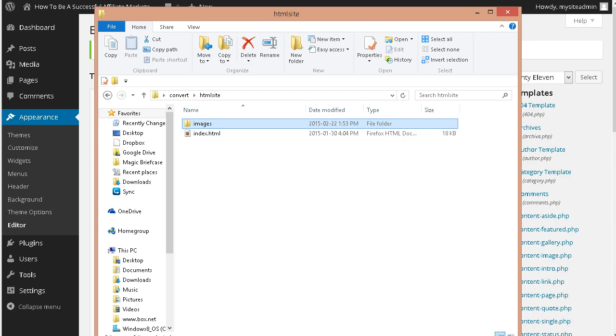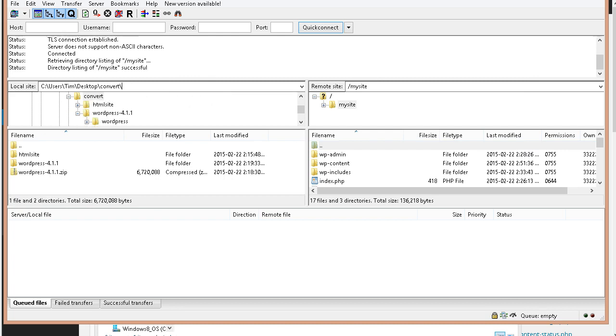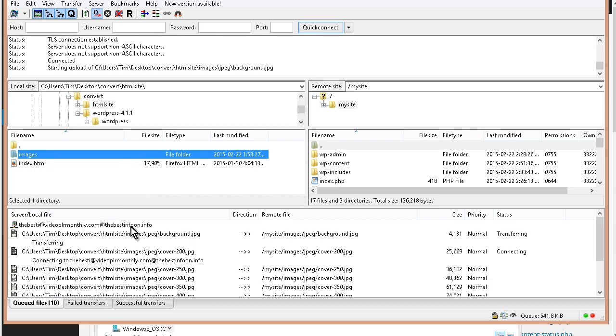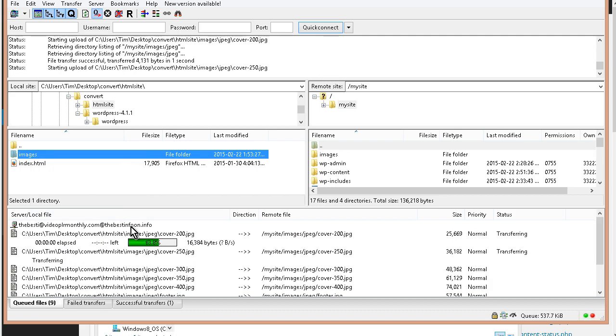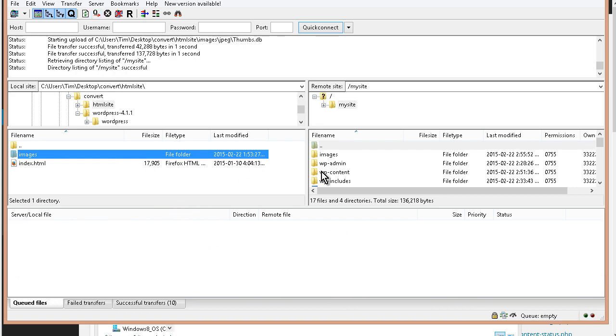So let's open up FileZilla again. Okay, and we're going to back up in here because we're inside the WordPress. So we just want to go back to our working directory. And then we want to upload the images inside the HTML site. So we want to upload the images here. Okay, so all our images are up now. All right,